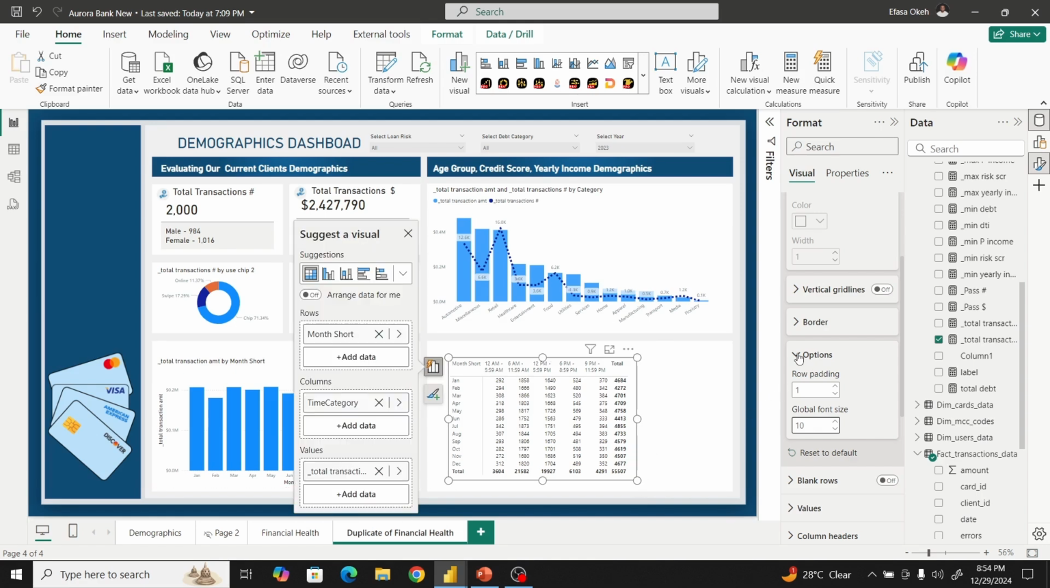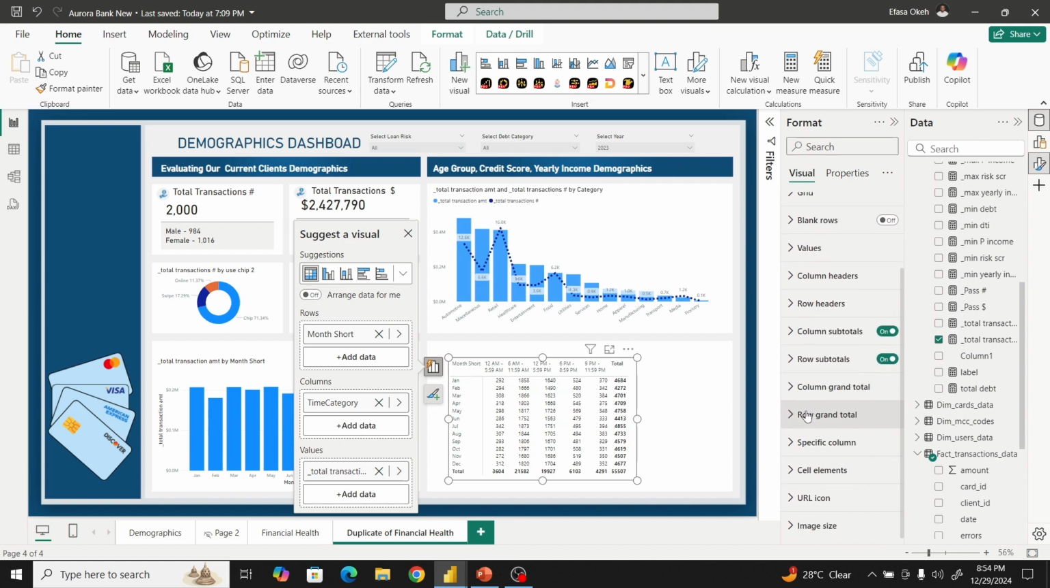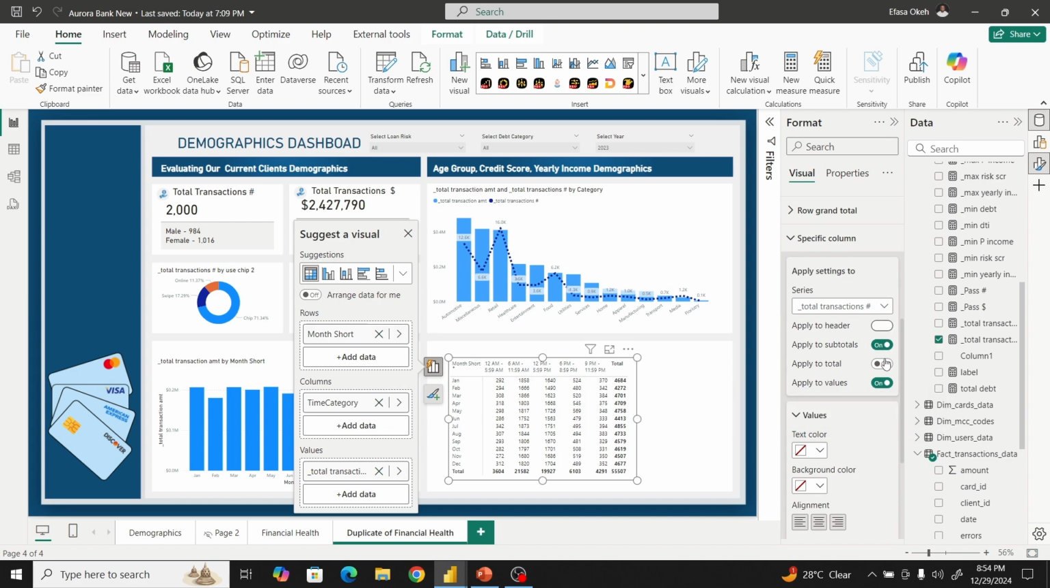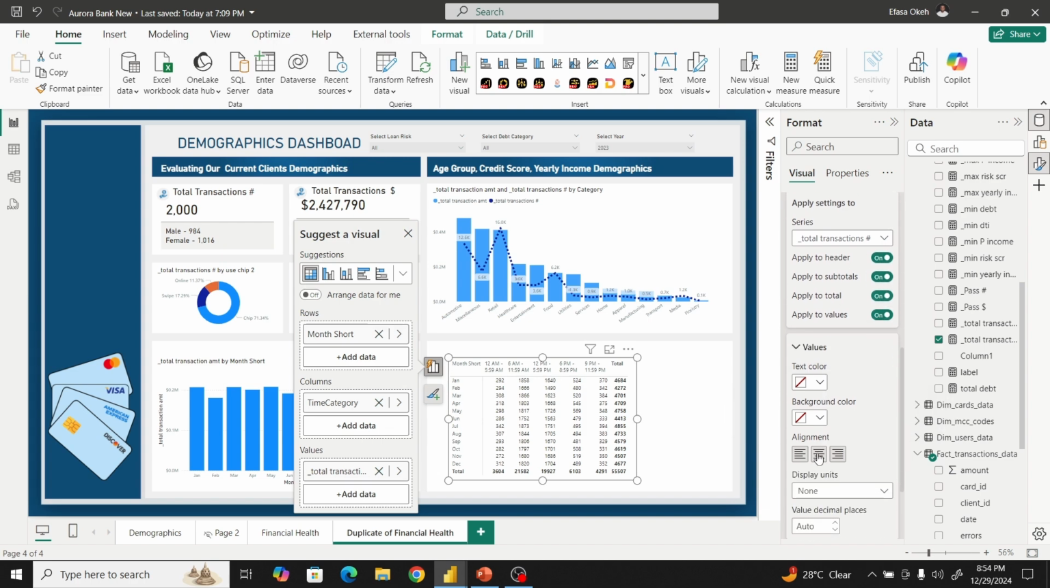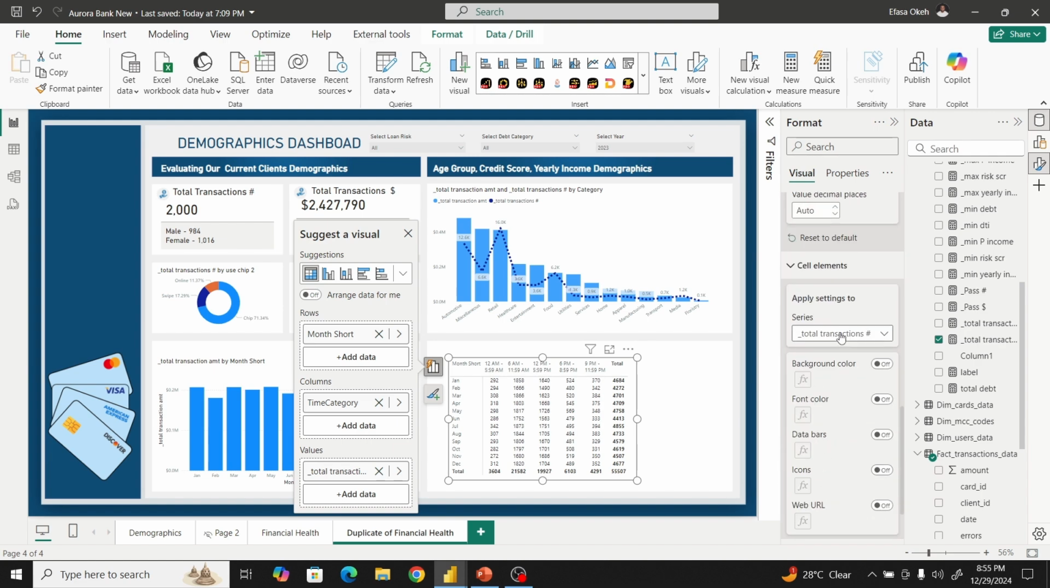Next, I'm going to simply come down to conditional formatting, for us to be able to achieve that conditional formatting we did. So first thing, I'll come to specific column. I'll put on everything here and just take the alignment to be the middle. Next, I would come to cell element. I'll just put on the background color. So you have this conditional formatting. I'll also put on the